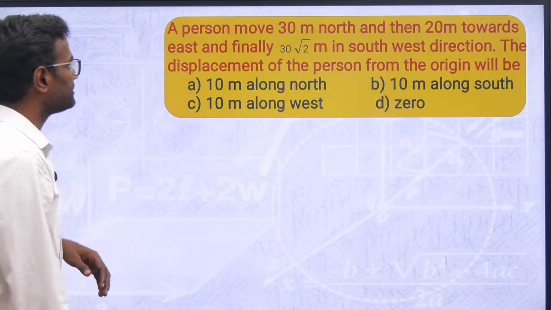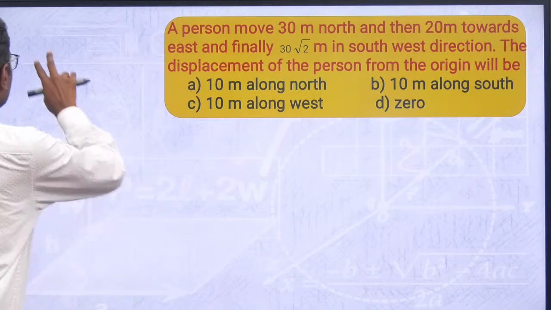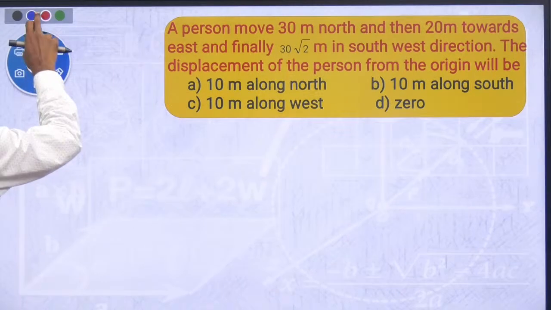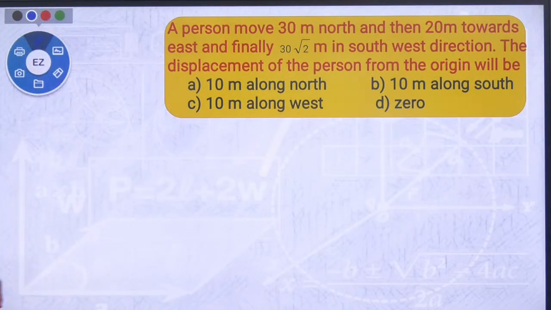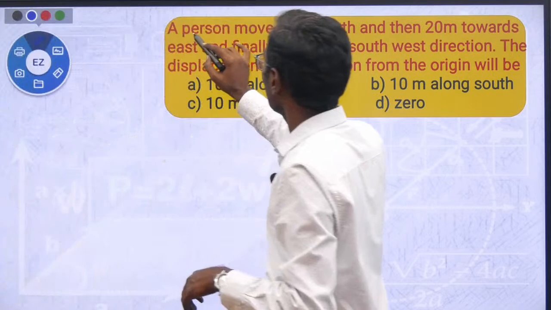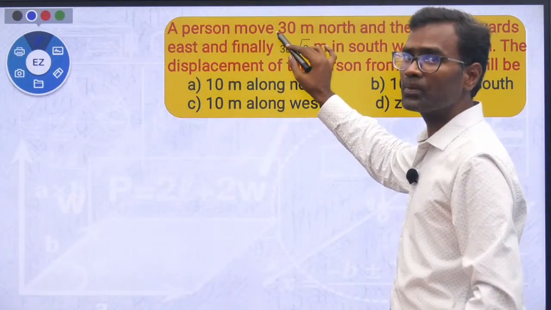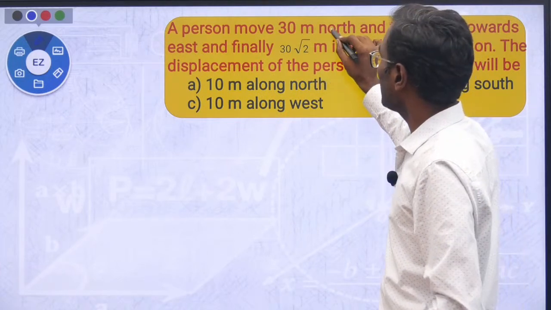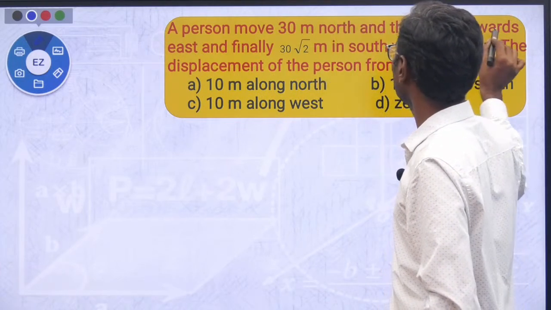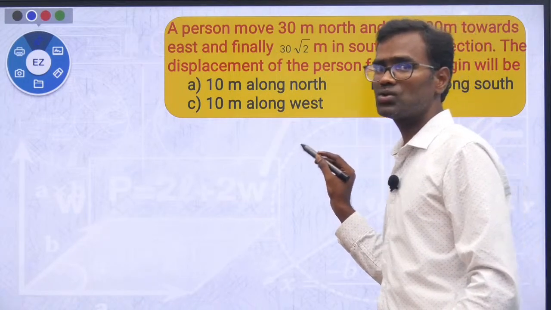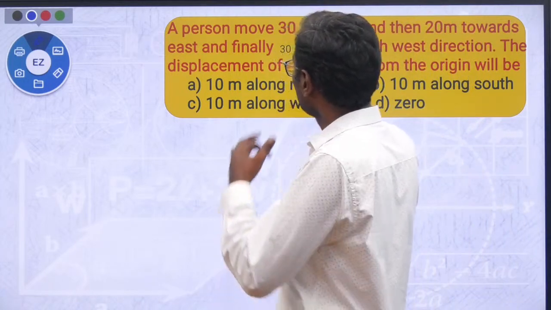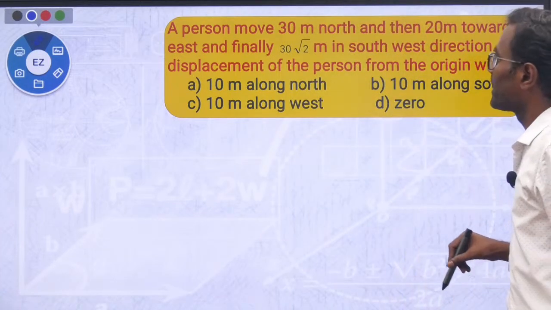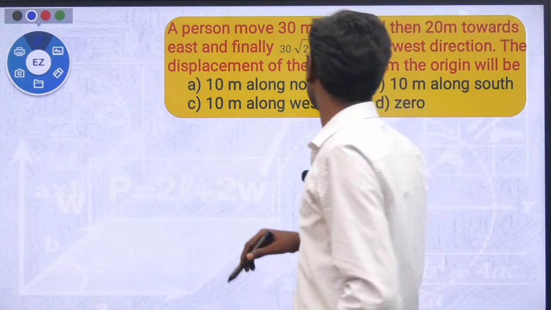So go to next slide. Okay, this is a very interesting question. A person moves 30 meters north initially, then 20 meters towards east, and finally 30 root 2 meters in the southwest direction. The displacement of the person from the